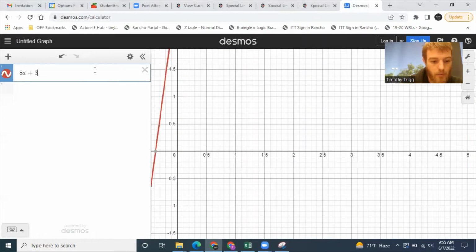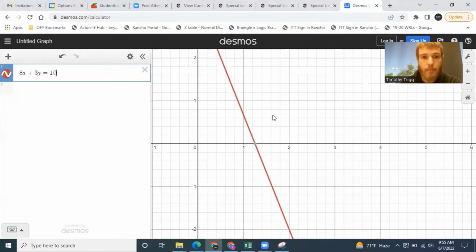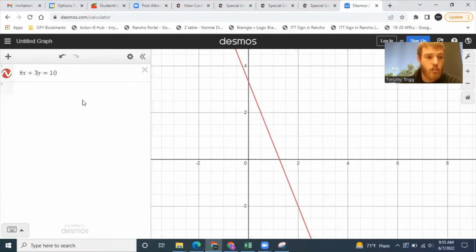8x plus 3y equals 10. All right, so here's the line. This is the line FG. And any perpendicular line would have to have a slope of, what was it? 3/8. Okay, so 3/8